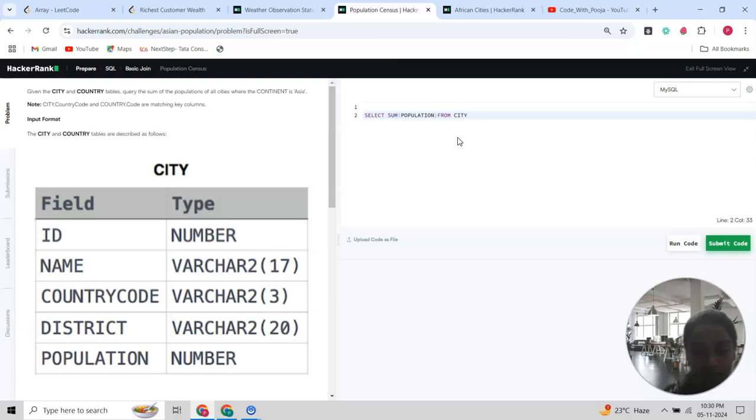Then I will just join, not with the join keyword, I will just separate with a comma, country, from country, where city.country code equals to